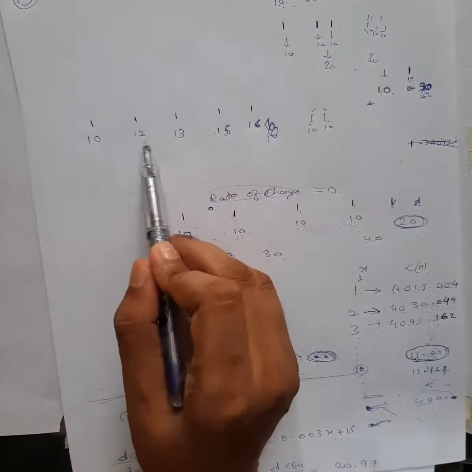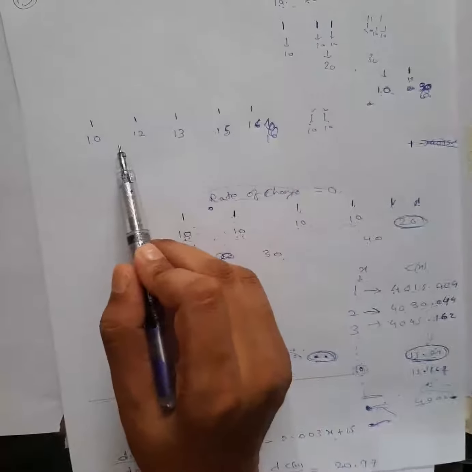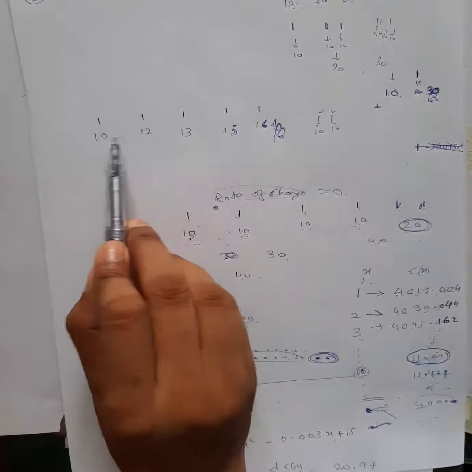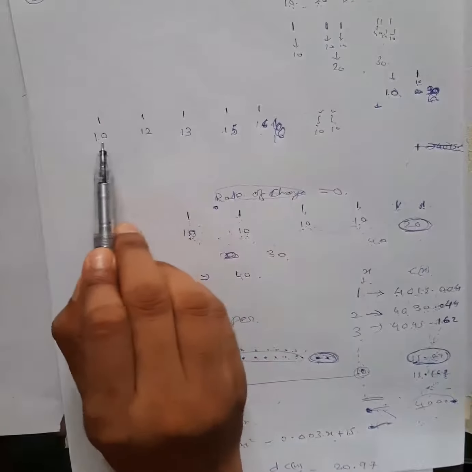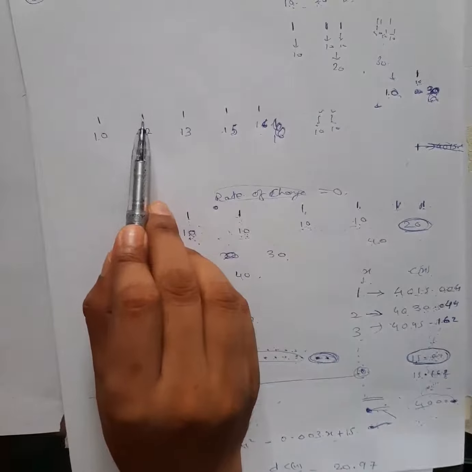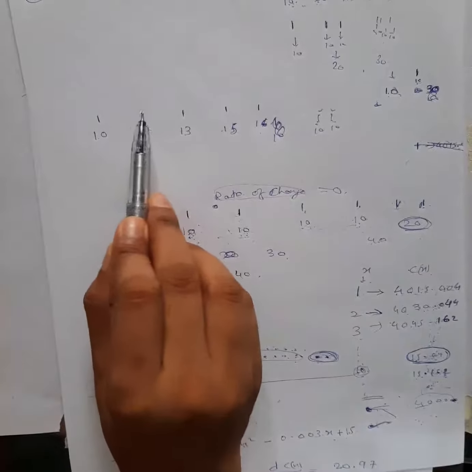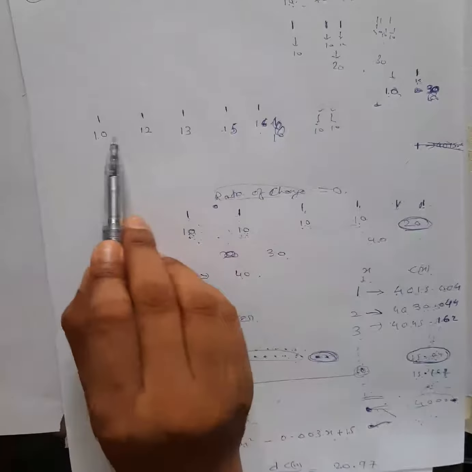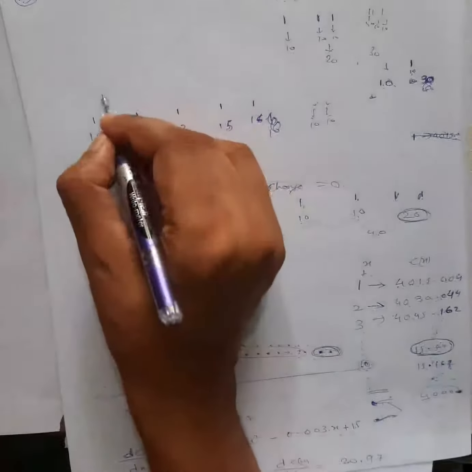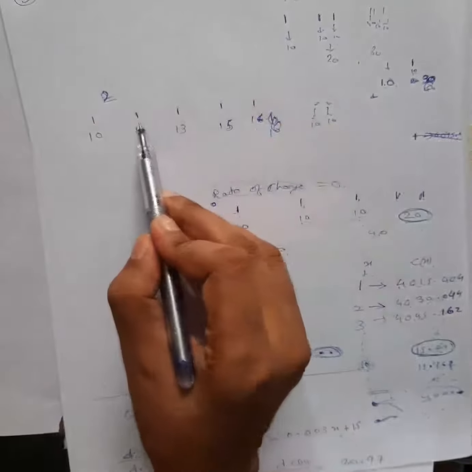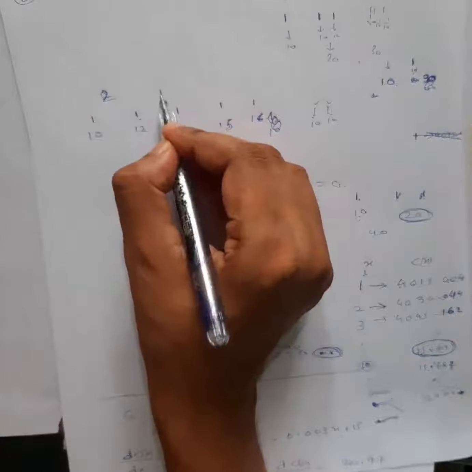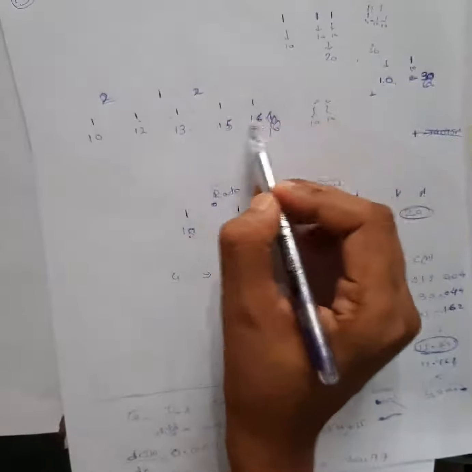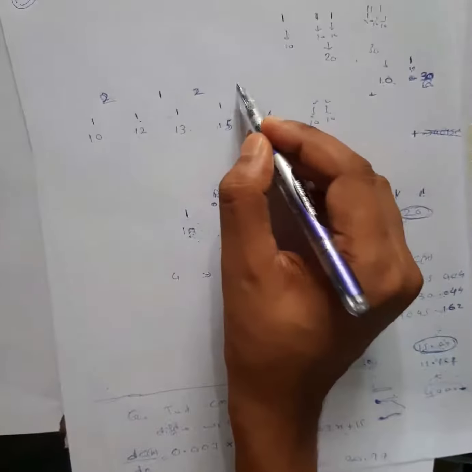So I can say the derivative here won't be 0, it will either keep on increasing or decreasing. If I consider these two, the rate is increasing. First product it was 10, when I bought the second product, it increased, it became 12, it is not 10 anymore. So what is the rate of change here? It is 2. When I compare these two, the rate of change will be 1. In this case, the rate of change will be 2. In this case, the rate of change will be 3.